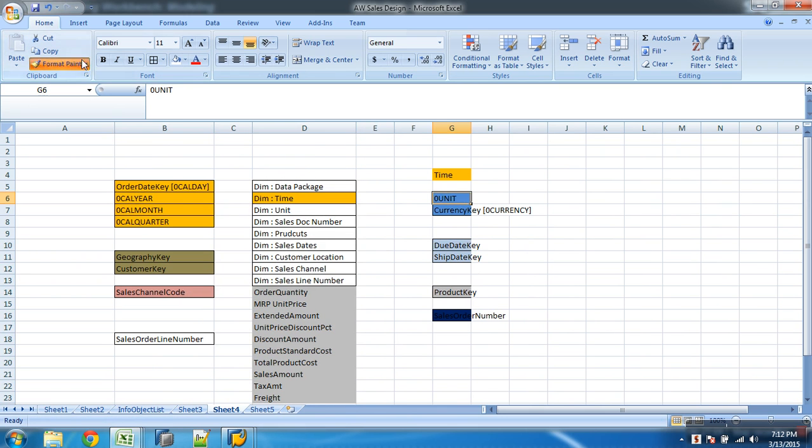They'll put the dimension of unit to this, sales document number coloring to the dimension, and then products, then sales dates, then customer location, sales channel, then sales order line item number would be this. And data packet dimension you would really not worry about, because by default that gets assigned with data packet, record number, request number.